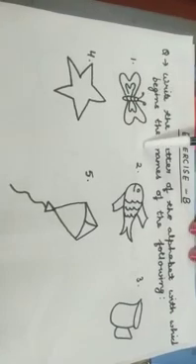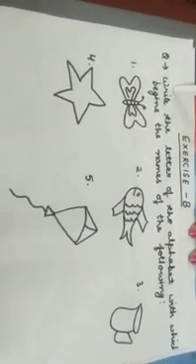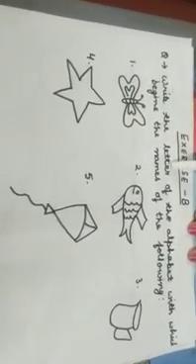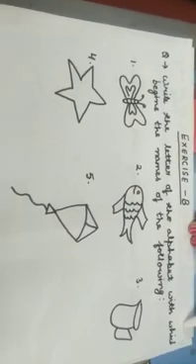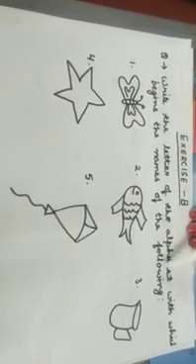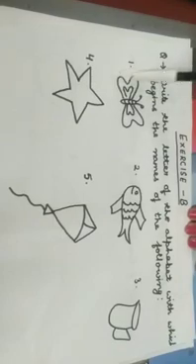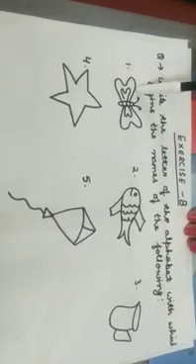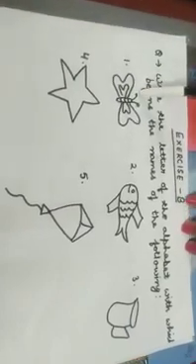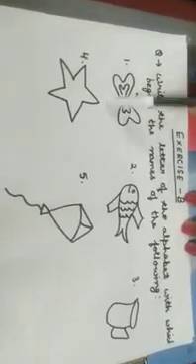Now with this I'm going to start with another exercise, exercise B. Now again here I have drawn few pictures. Now in this what you have to do, write the letter of the alphabet with which begins the names of the following. Here you have to just write the first alphabet. Again I would like everyone to be with their copies and a pencil.